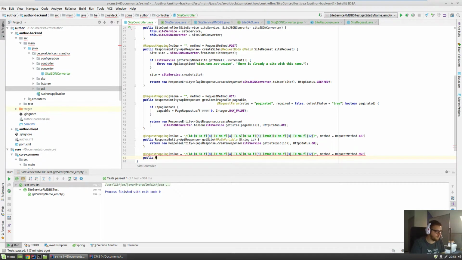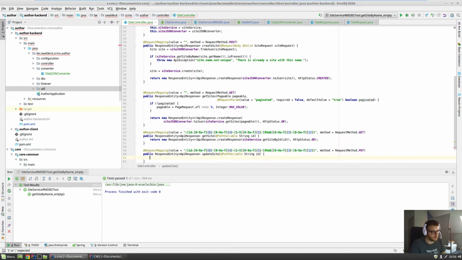We have a public response entity of our API response, of course, and we say update site, and we have again our path variable by ID. So here comes a tricky one that we need to be able to get it and send a not found, but we also need it for our